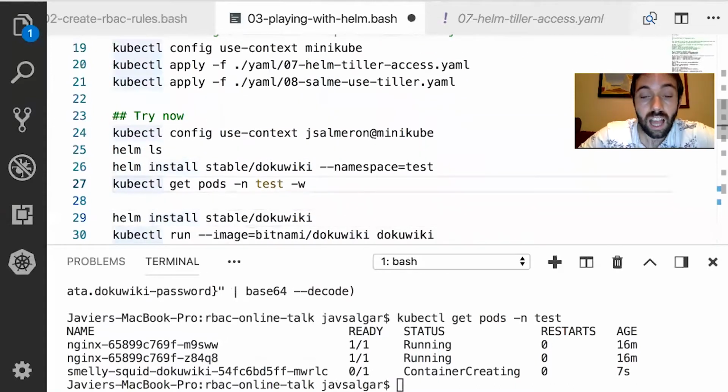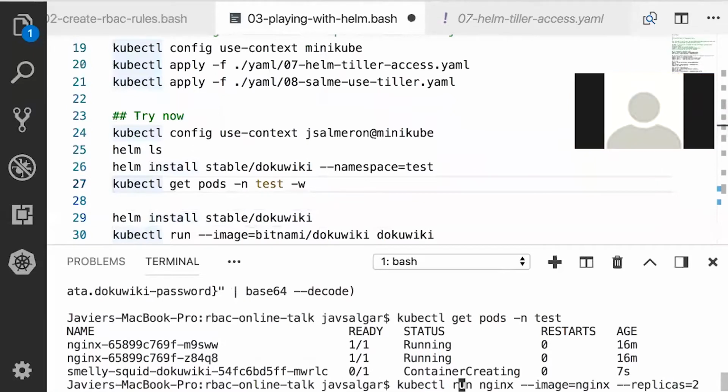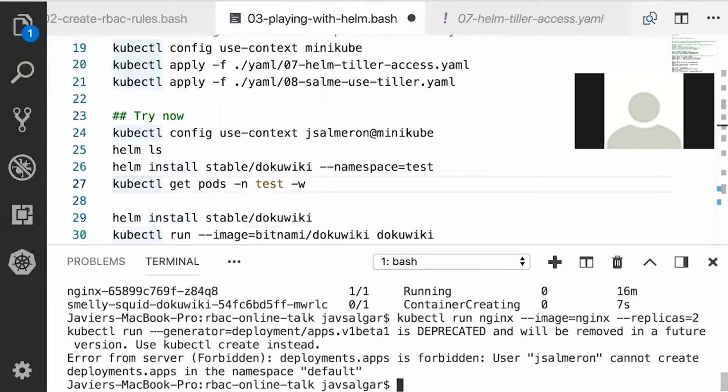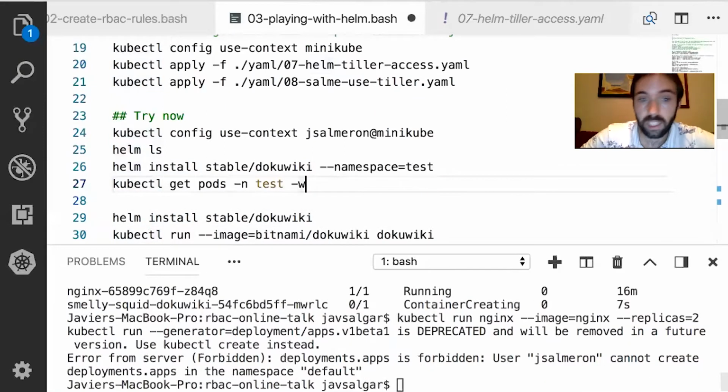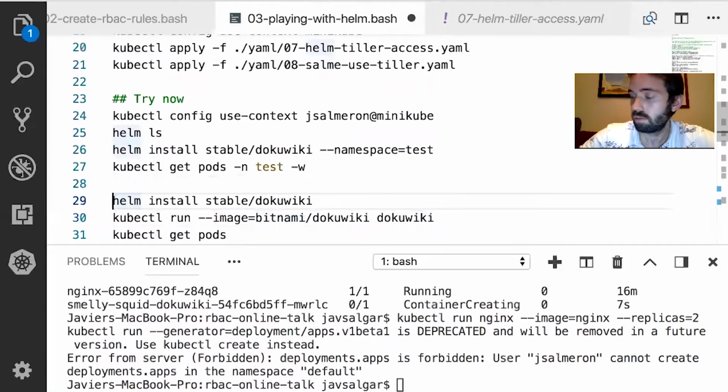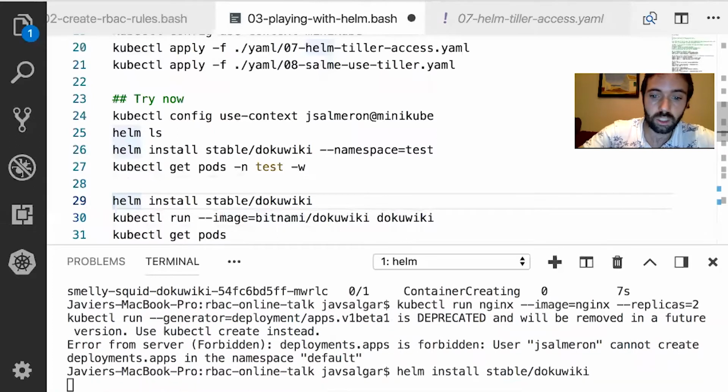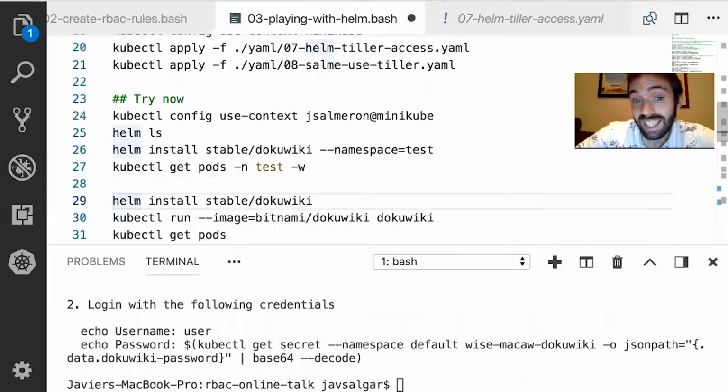Great. And as you've seen before, I can't create anything inside the default namespace. So in principle, I can't deploy anything inside the default namespace. I can't deploy a chart. So it should fail. Yet it didn't.